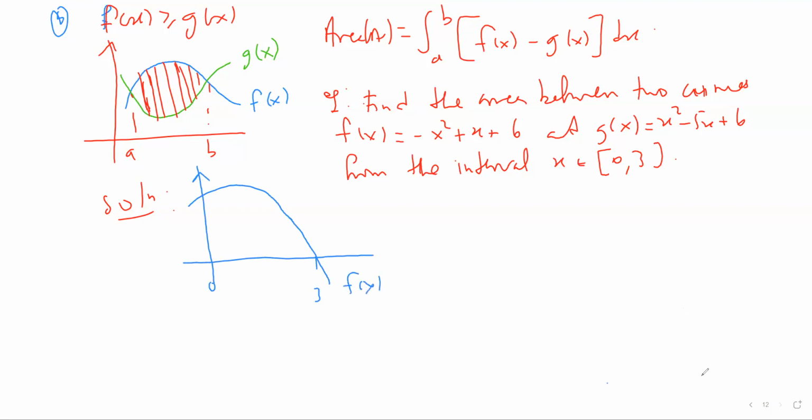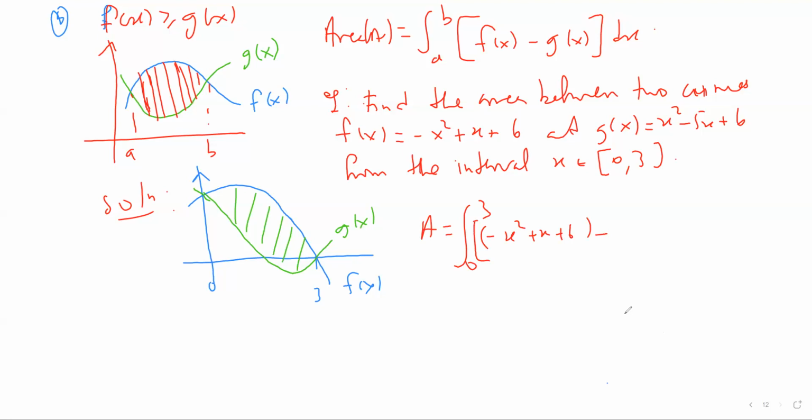And then you have another one like this, which is equal to g. And you're asked to find the area between them. So again, your area is now from 0 to 3, and your f of s is minus s squared plus s plus 6, minus your g of x. Your g of x is s squared minus 5s plus 6